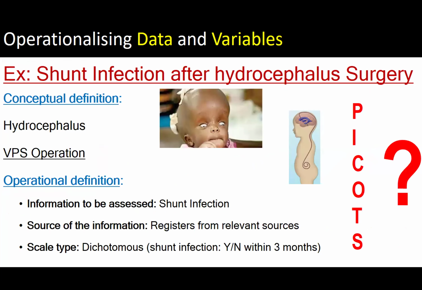So once you define the concept, okay, we're talking about hydrocephalus, and the individuals are subjected to a technique known as VP shunt. Okay, now you need to define the operational terms. What do you mean by shunt infection? It has to be standardized, because a local maybe oozing from the wound, or maybe just infection around the wound, which does not lead to maybe change in the CSF parameters, will you consider as an infection or not? Okay, so this has to be defined before the data is collected.